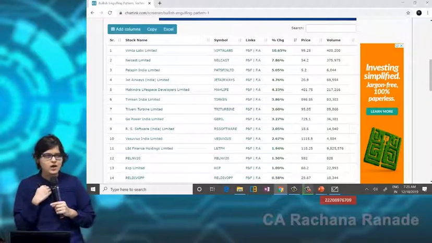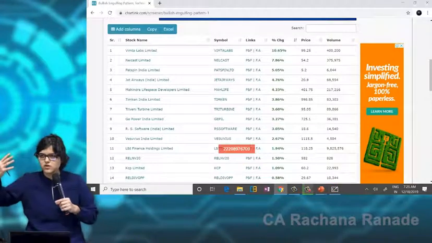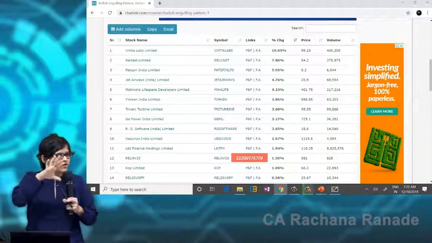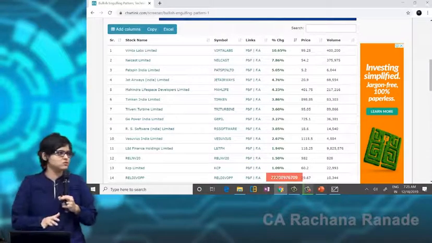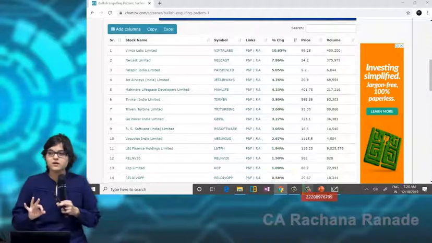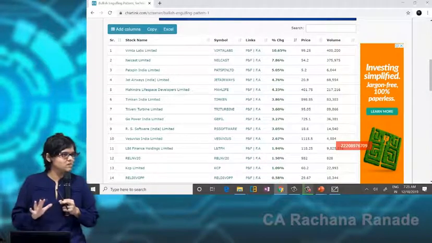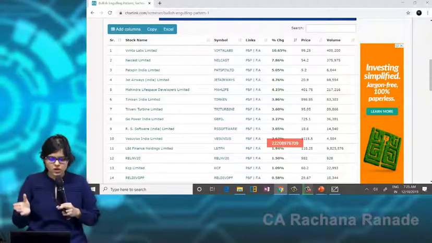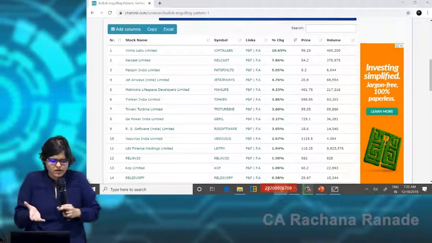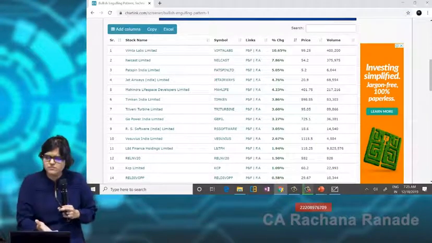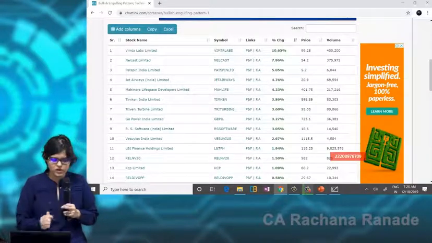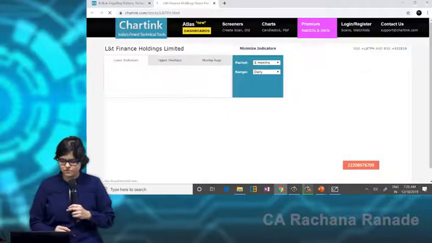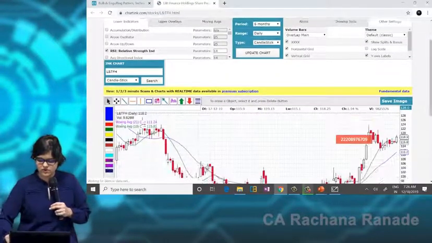Again, understand, there are thousands of shares listed on stock exchanges. Don't be under the impression that Nifty has only 50 stocks. So Nifty has 50 stocks, but NSE does not have 50 stocks. Sensex has 30 stocks, but BSE does not have 30 stocks. BSE will have thousands and thousands of stocks. So even we might not be in a position to scan each and every one. So in amongst this space, you might just check which company have I heard, which company am I comfortable with. Okay. So out of this entire lot, let us say I'm talking about, as an example, L&T Finance Holding. So if I tap on this, okay, it is showing me some chart.